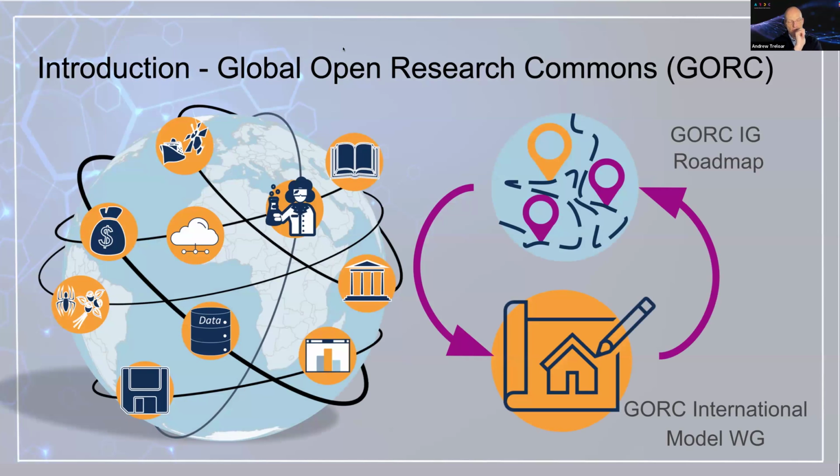So one is the development of the Global Open Research Commons typology of essential elements, and one is the international model. One of these was an interest group that then spun off a working group, but the two of them inform one another. And they were driven by the picture on the left, which is that there are lots of different initiatives around the world, some of which interrelate with one another, most of which operate independently. And we're trying to see, okay, how do you stitch these national and pan-national efforts together into something that looks like a true global open research commons? Spoiler alert, we're still working on that. The roadmap that the interest group is producing is still a work in progress.